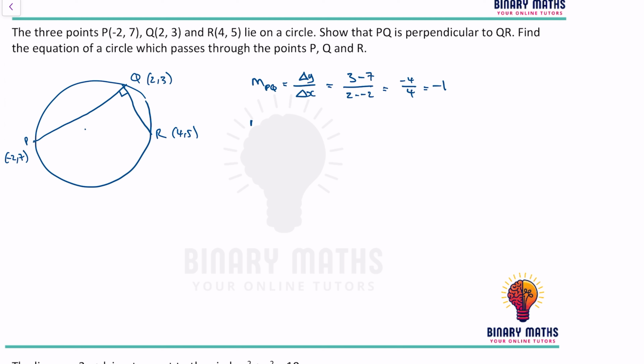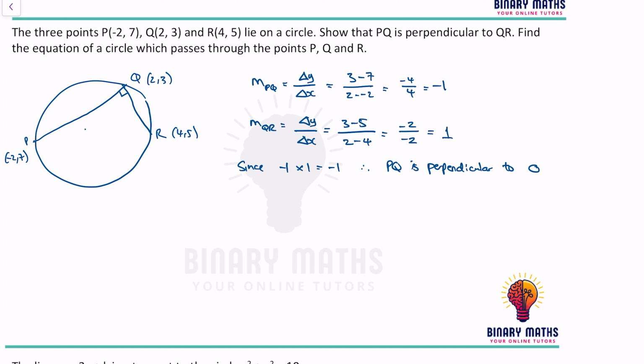In a similar way, if I do the gradient between Q and R, change in y over change in x, then I get (3 take away 5) over (2 take away 4), which gives me -2 over -2, which is equal to 1. Now, since -1 times 1 is equal to -1, therefore PQ is perpendicular